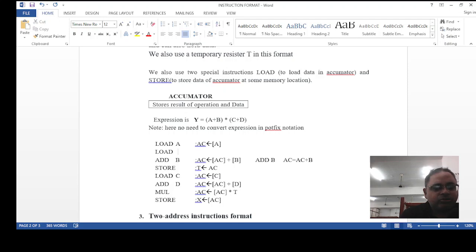So after load A, if we are writing load B, sorry, this morning I ate a paratha. I am an Indian from UP. So